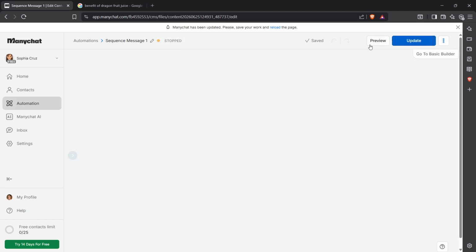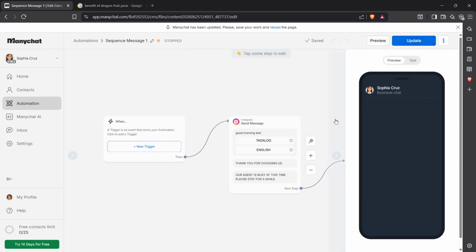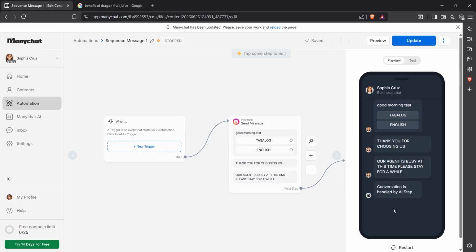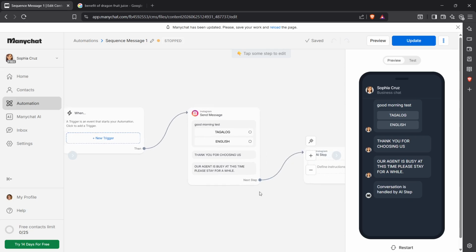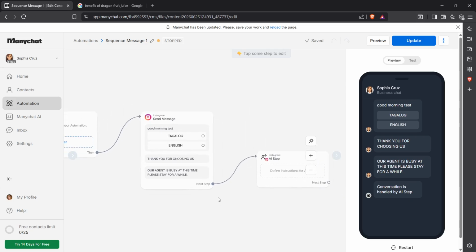Once the preview opens, select the option that says In ManyChat. This ensures you're testing within the ManyChat environment. This is crucial as it provides the most reliable testing ground. You'll notice a smartphone preview window appears. This window is a great visual aid. It mimics the user experience, showing how your messages will display on mobile devices.